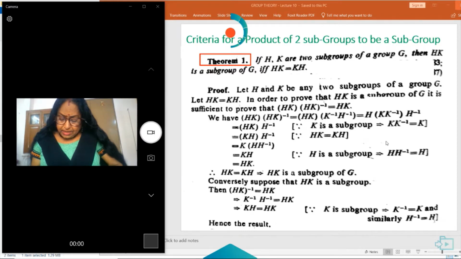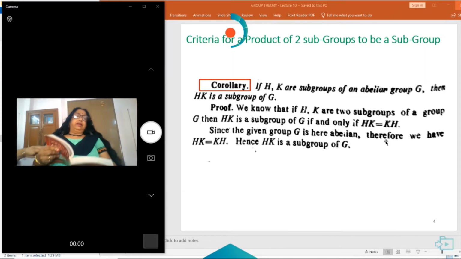Conversely, suppose that HK is a subgroup. Then (HK) inverse should be equal to HK. (HK) inverse can be written as K inverse H inverse, and this is equal to HK. Because H and K are subgroups, in place of K inverse we can write K, and in place of H inverse we can write H. So KH is equal to HK, hence proved. Next,